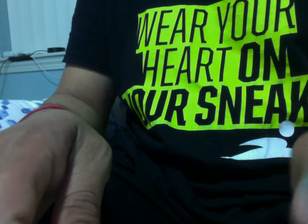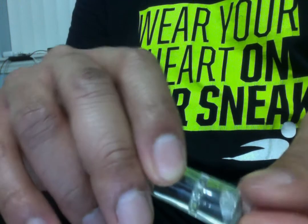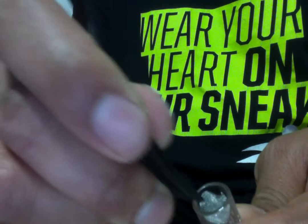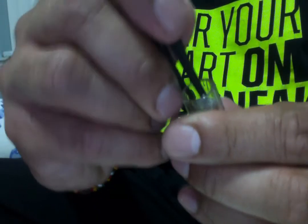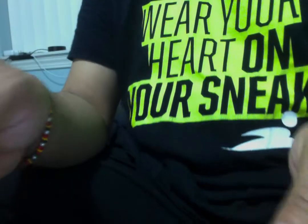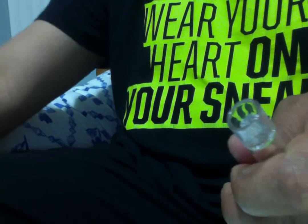Let's see, so now it's got all these creases in it that it's ready to buckle at. When it was domed it had really good resistance to changing shape. Now it's really easy. Yeah, totally screwed it up. Don't do it like that. Be patient. Who knows if this video will go up. Maybe I'll do it the right way and